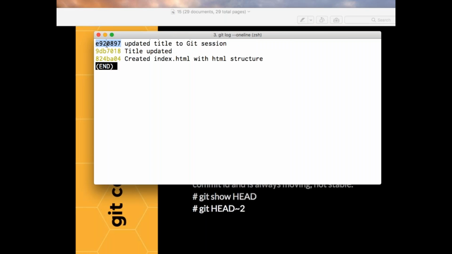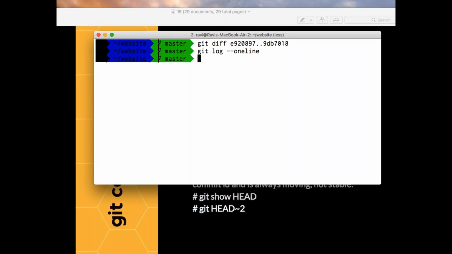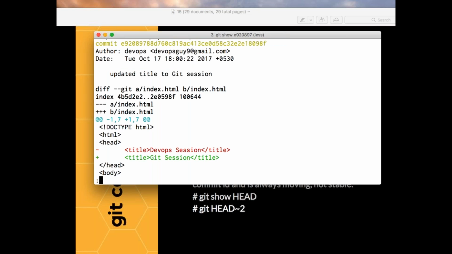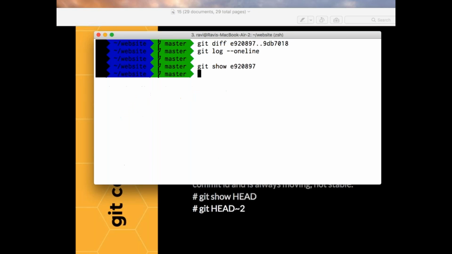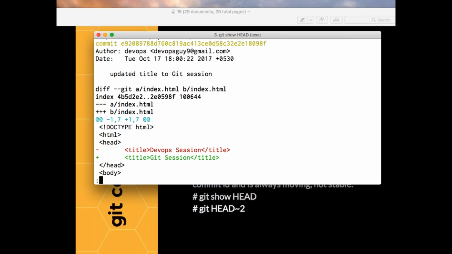So this is the latest commit I made, right? Git show this commit number, right? We introduced something called a git session. Now I'll say git show, right? Why? Because currently your HEAD is at the third commit, the latest commit.